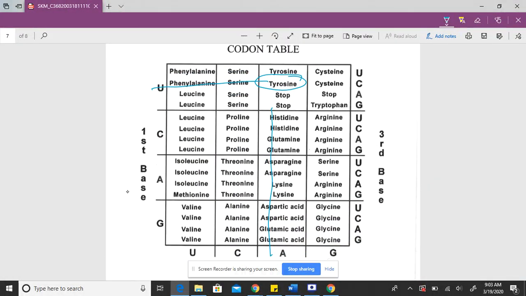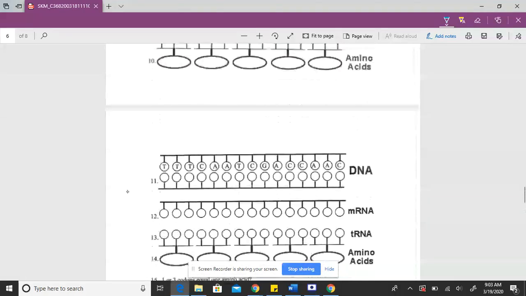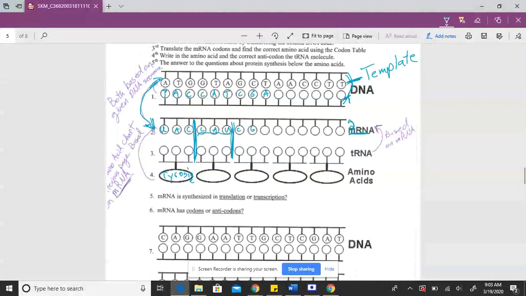So we're going to start with C. Okay, so we know it's C. We know the second one is A. So we're in this row again. This is our box. Last one is U. So we know it's histidine. Okay, histidine. So we write that in for our second amino acid is histidine. All right. And then once you're done with all of these amino acids, you're going to want to finish